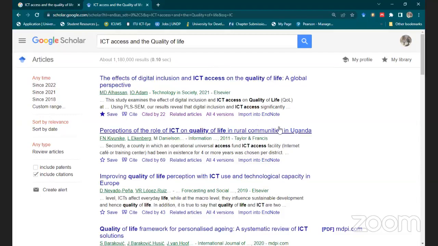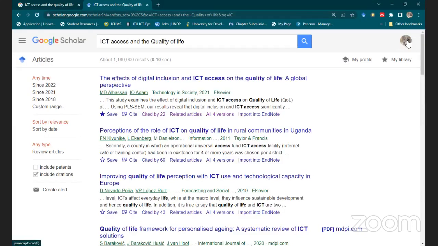Now, let's look at the first article. The first search result clearly indicates the title of the academic paper. At the center of the search results, it lists the academic content that matches the search criteria I have put into Google Scholar. Then on the far left-hand side, we have some other text, which indicates timelines, anytime. We also have another text there indicating relevance, dates, and other types of articles. Now, if you go to the top extreme right, you will see that there's a snippet of